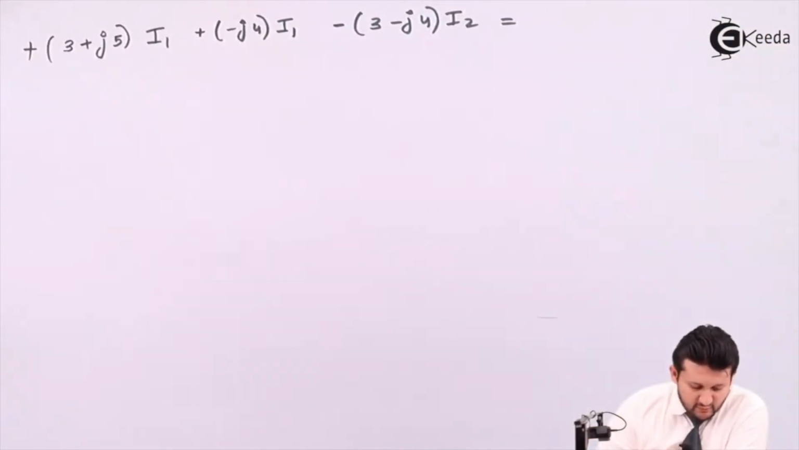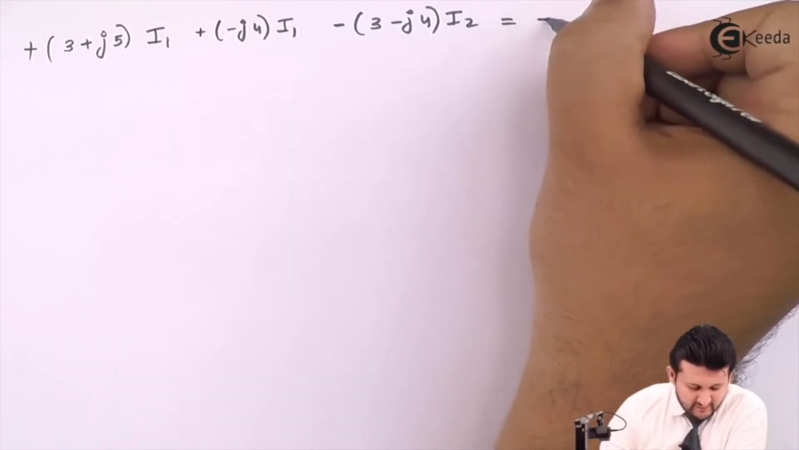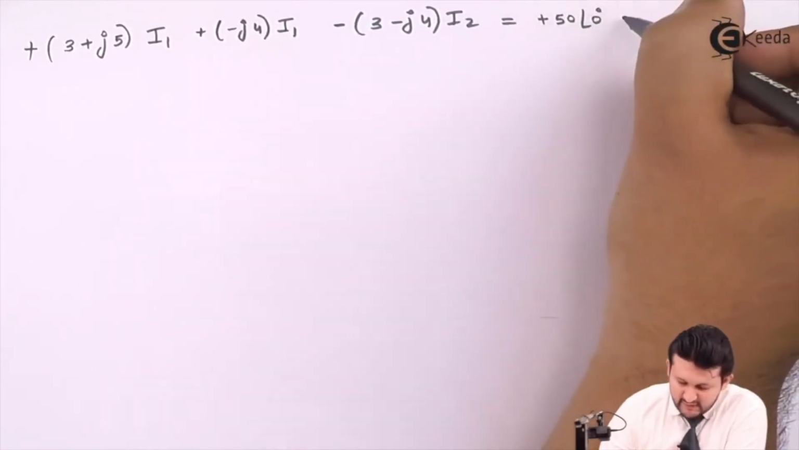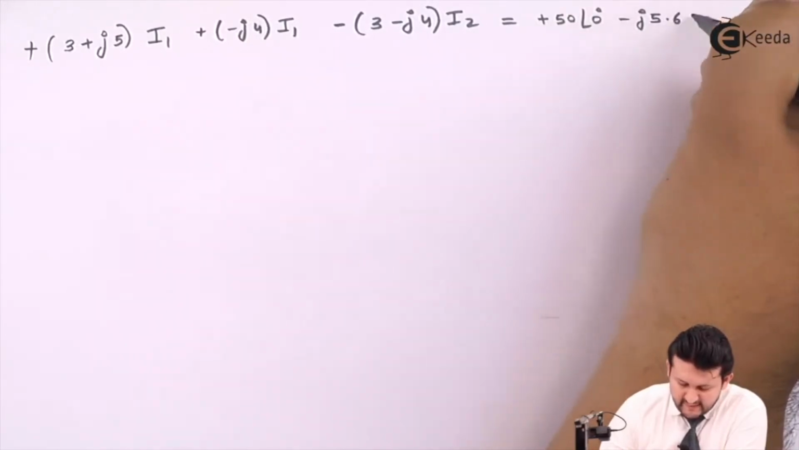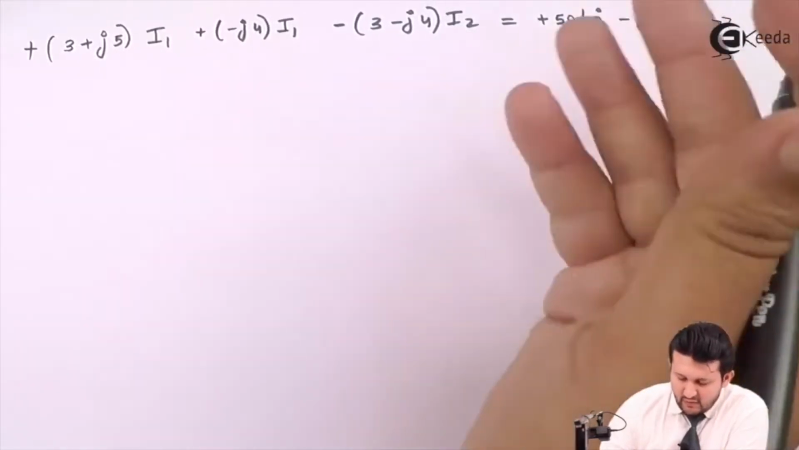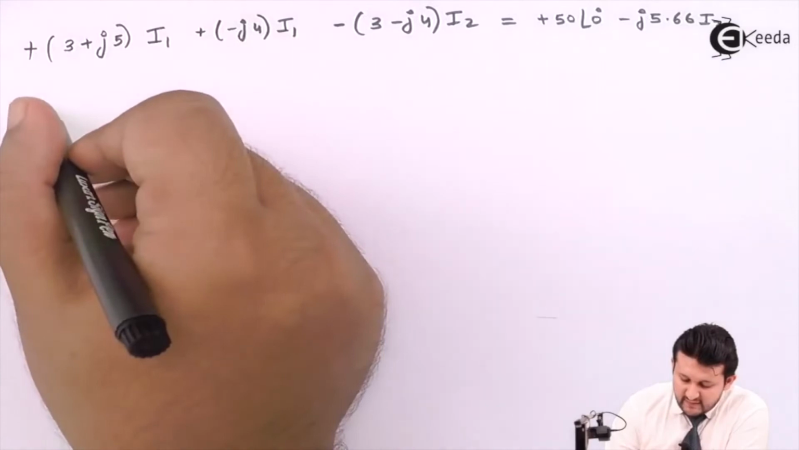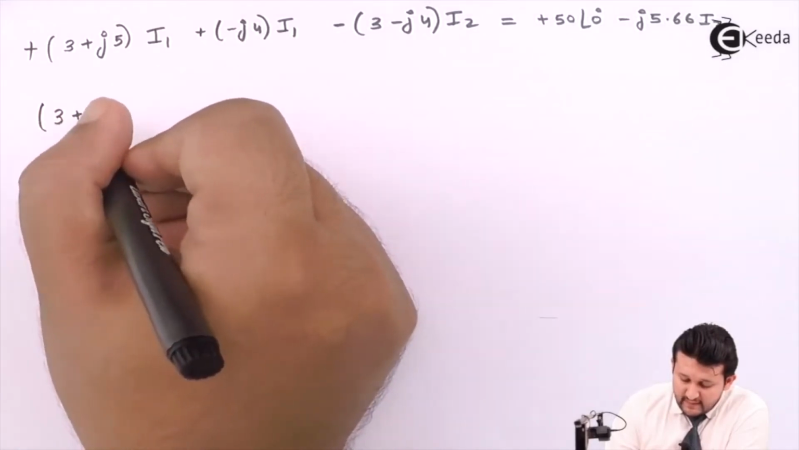So you have two voltage sources over here. One will be, if you enter into negative, it will be positive. If you enter into positive, it will be negative, vice versa. So all the variables should be on the LHS side. Only on the RHS there should be only constants. So shift everything. So you'll be getting 3 plus J5